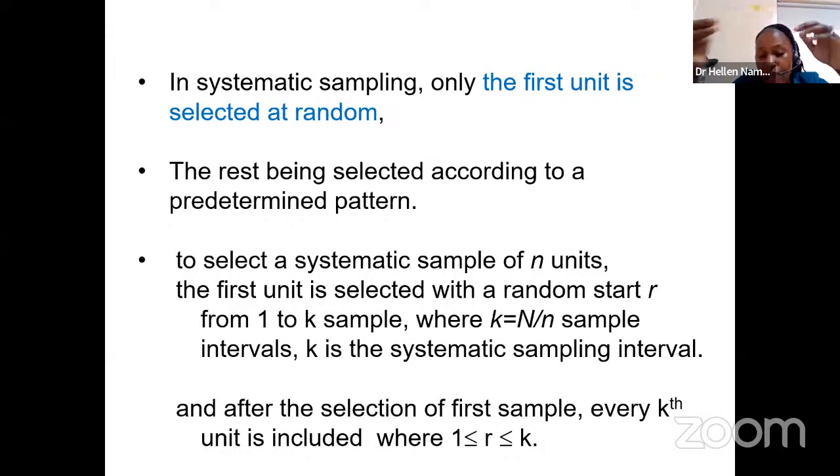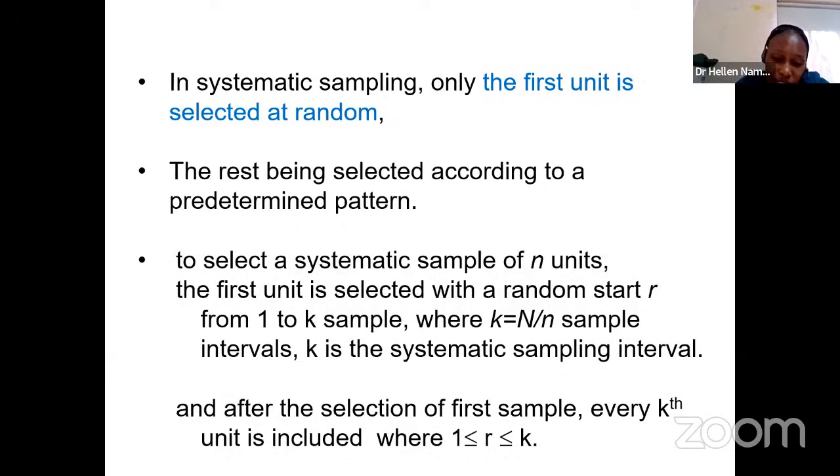So most of the time, what we want is that from the entire population, call it N, we want to get a small sample that will give us a clear representative of the entire N. So we need to get what we call a systematic sampling interval. And how do we get it? So what we do, you consider your first unit. The first unit is selected